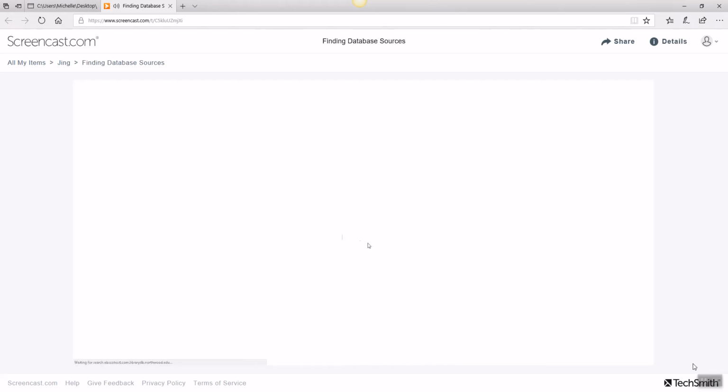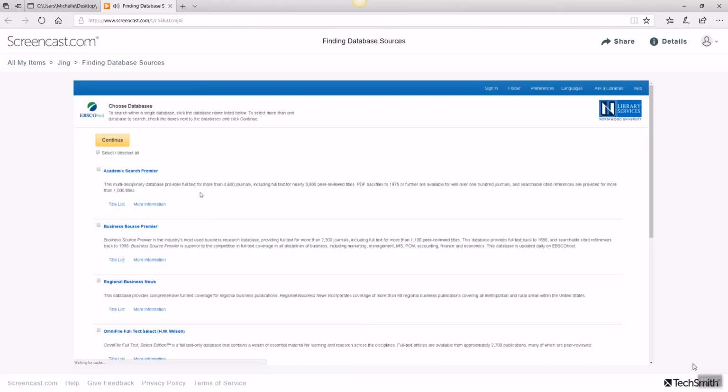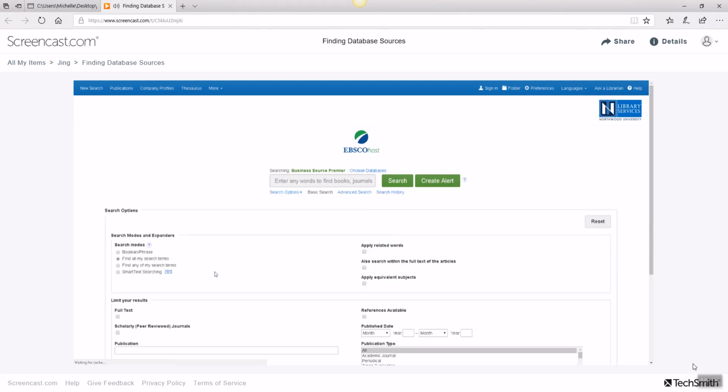EBSCO is your basic, and within EBSCO, this is where I can get articles, real articles. You might choose Business Source Premier, but I want to point out there's also a regional business news down here. So I'm going to choose this and continue, and then I can type in whatever company I want, Meyer again, and I'm going to recommend for your sane minds to choose full text,